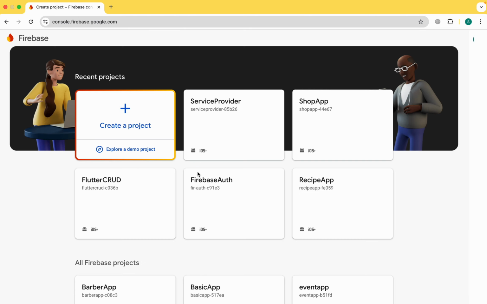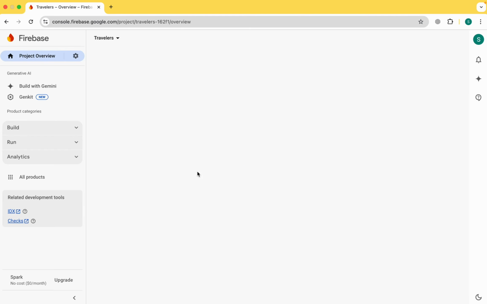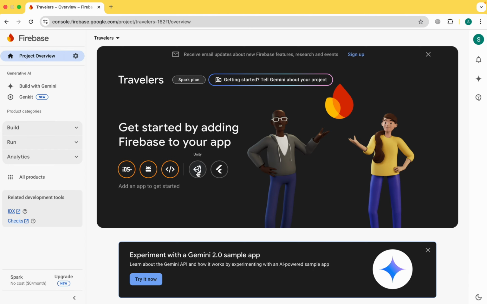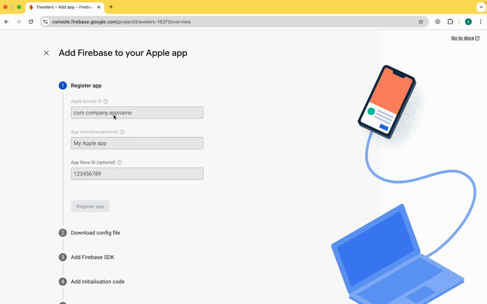Now click on the continue button, and we'll directly move to Firebase. Here you can see that in Firebase we can successfully connect iOS, Android and web apps. First I'm going to connect the iOS app, then I will show you how to connect the Android app. So here we'll move to iOS, and in iOS we first need to get an Apple bundle